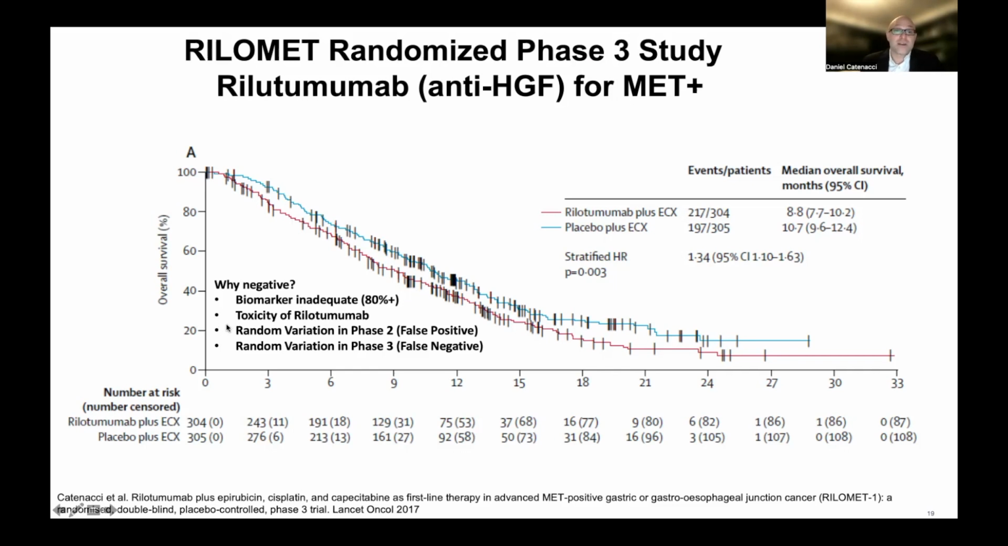Ultimately, it could have been that there was random variation in that phase 2 study, and it was a false positive. We've talked about false positives and that they can occur, and that it looked better, but it actually truly wasn't. On the flip side, it could be that this phase 3 study is a false negative study. I think that's the least likely of all the explanations, but you can see the thought process that goes through